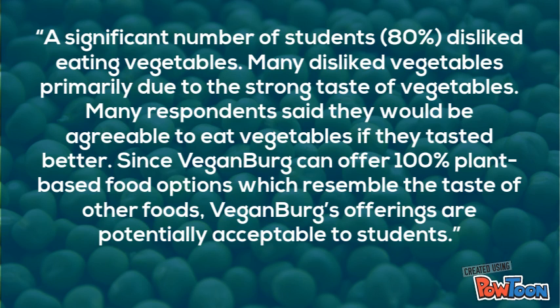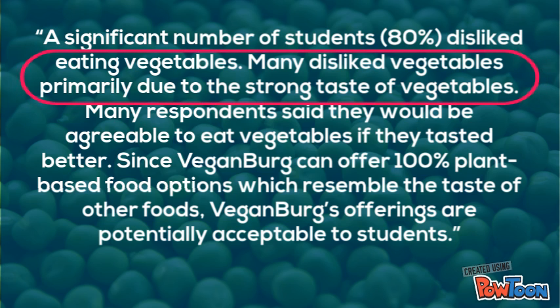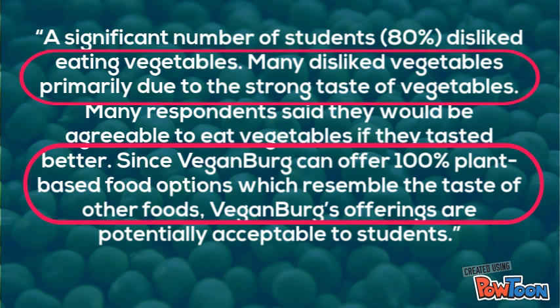Note that from this example, the writer doesn't attempt to conclude the feasibility too early. Instead, he brings up vital issues like a large portion of students who don't like eating vegetables, which will have an impact on the long-term sustainability of vegan burger. The writer adds the main reason why students dislike vegetables, but he also highlights the opportunity for vegan burger to overcome the problem of taste. Being able to discuss the possible issues and opportunities for a business idea makes the conclusion well balanced.